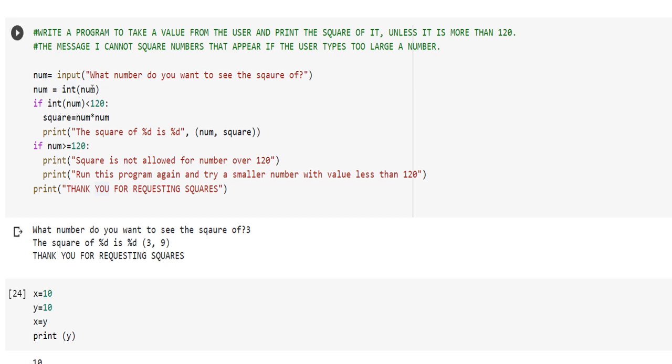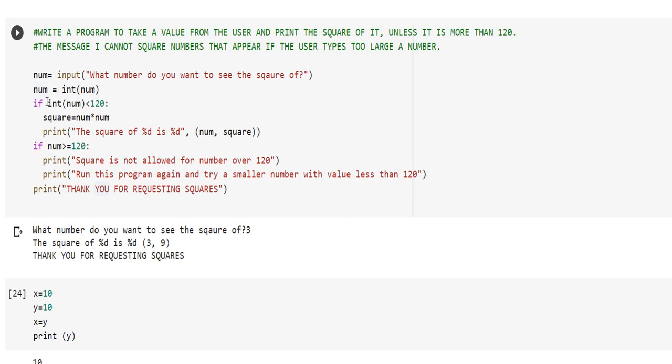In the next line, num is equal to int num. Now, why is this statement important? This statement is very important because the operators that we are going to use in this video will not work with a string or any other type of text. It will only accept an integer, a number. So here we are defining it. Here we are narrowing the space of the program. So num is equal to int num.